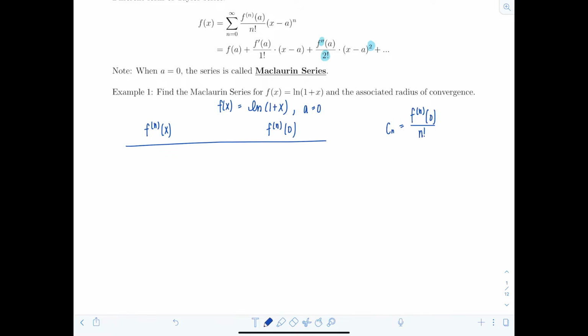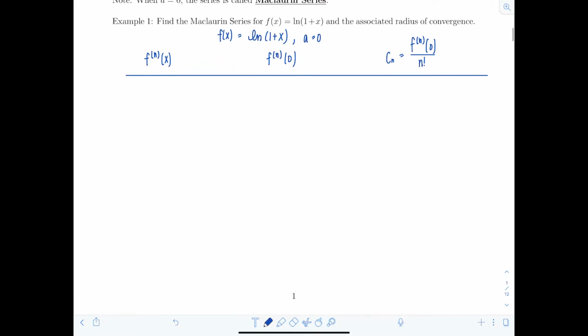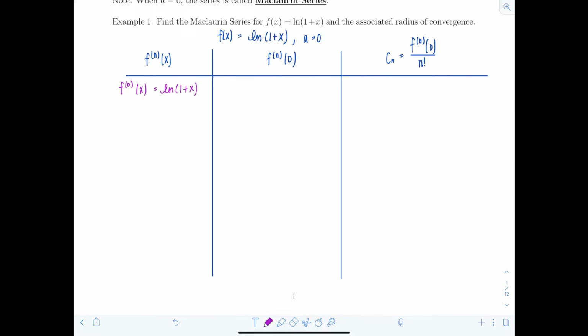Okay, so let's make a little table. And the process is you compute enough derivatives, fill this in, build the coefficients until you see a pattern, and you can write it in sigma notation. So here we go. We're going to fill in the first column first. So the 0th derivative, or the original function, is just natural log of 1 plus x. And then the first derivative, we know it's going to be 1 over 1 plus x. The second derivative,